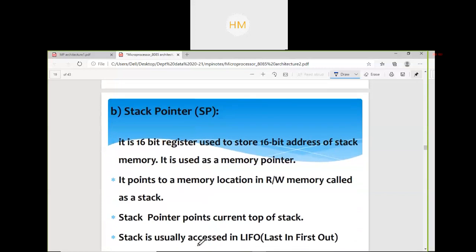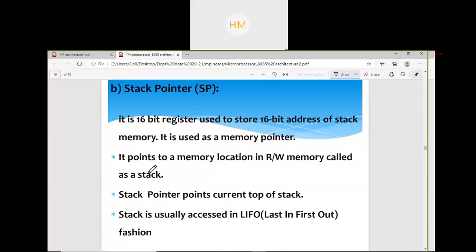You all know stack memory. So it is a 16-bit register used to store the 16-bit address of the stack. It is used as a memory pointer for stack memories. It points to a memory location in read-write memory called the stack. You all know stack memory, how we can get the data, how we can store the data in stack memory. One by one, we can store, and it will have last in, first out